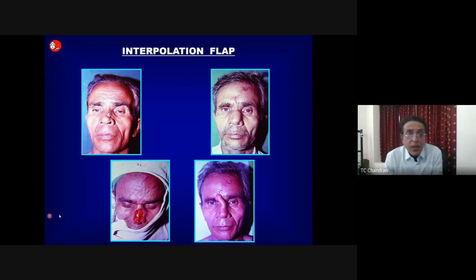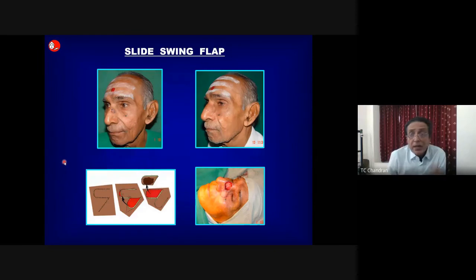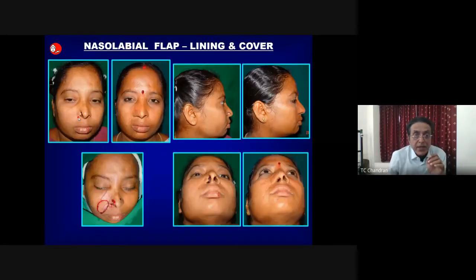Now, this is a simple one, an interpolation flap. All you have to do is a two-stage procedure, forehead flap. Attach it, divide it, and there ends the matter. Now, most often these may not even require a support, skeletal support, because the forehead skin is quite thick. Now, use the nasolabial area here, and this is a slight swing procedure. Very simple, especially useful in older age group. Now, this is for older age group skin only defects.